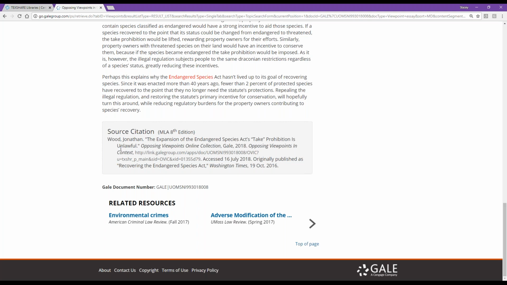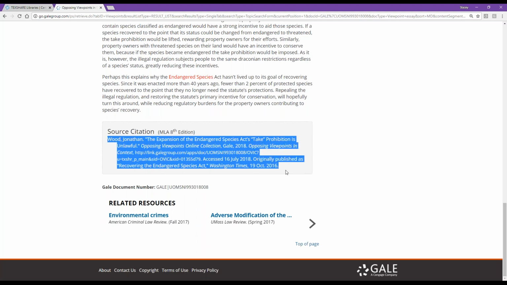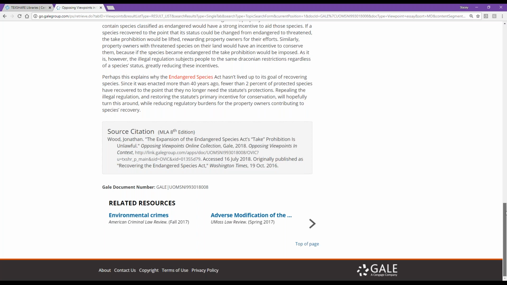Now that is an MLA style citation. So if I'm writing a paper and I'm turning this into my professor and they use MLA style, then I am good to go. I can copy and paste that right into my bibliography. However, let's say my professor